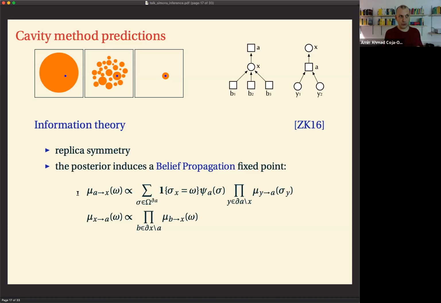So the heuristic would be to basically try and find solutions to these fixed point equations here, and then follow the belief propagation formalism that you may have heard about, for example, in the context of tree factor graphs, to basically follow this formalism to get the information about the model that you need. And so maybe we are in luck, and maybe there's not so many fixed points to these equations, maybe not so many solutions to these equations. Maybe we can somehow find them, classify them, and get the information out that we want.